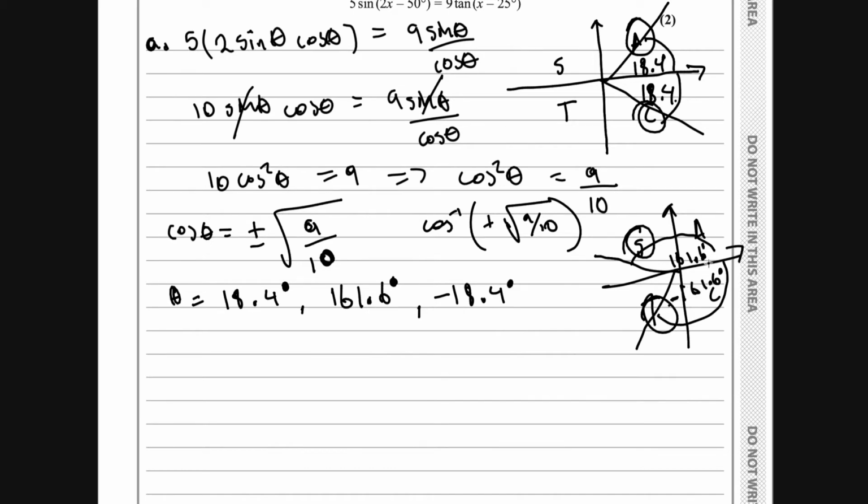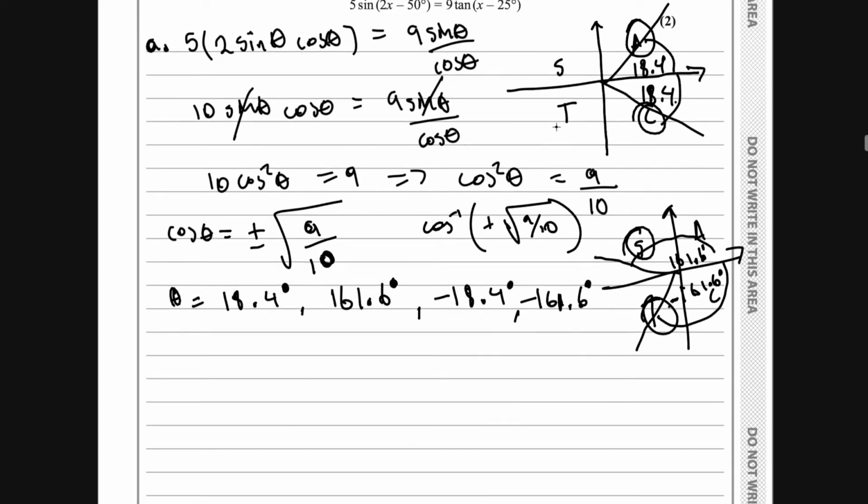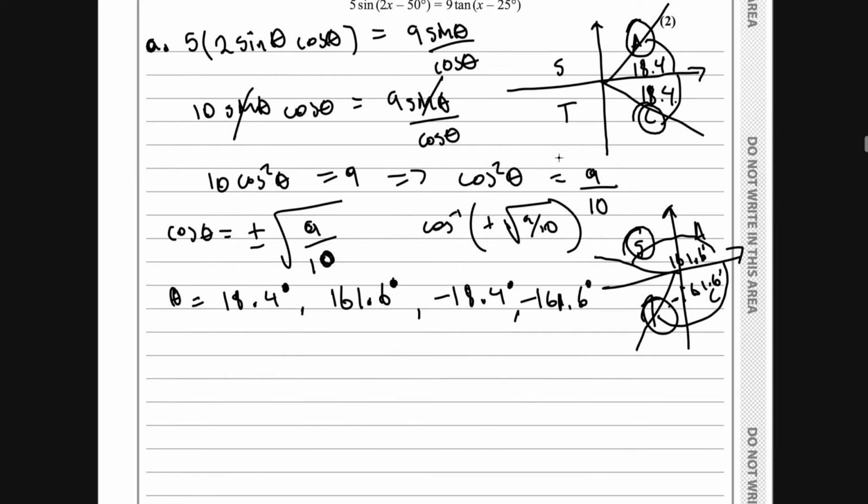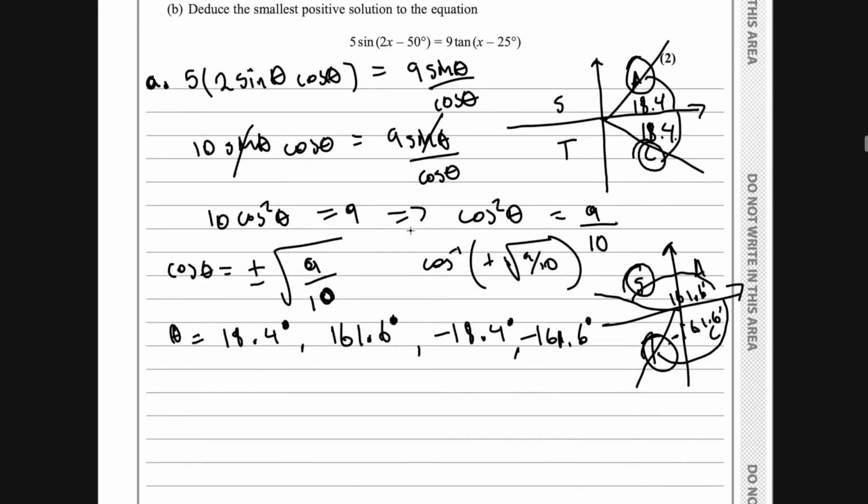So what we're going to be getting is negative 161.6 degrees. And these here are our 4 solutions, which would give us our 6 marks. So these here will give you all the marks for this question. Part B